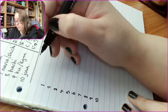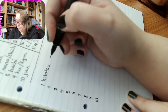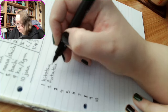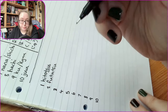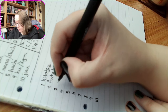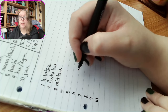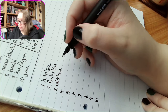You're going to notice this is quite different from the numbers that we were just using. Okay, I'm going to write them out. So the first one is hitotsu. Second one, futatsu. It's always going to end with this. All except for, I think, number 10 is all going to end with this tsu sound. Hitotsu, futatsu. Number 3 is mitsu. Even I myself have to properly remember this. Often when I need to use one of these, I just stare at the wall for like 5 minutes before finally being like, I'm going to have to look it up. Hitotsu, futatsu, mitsu,